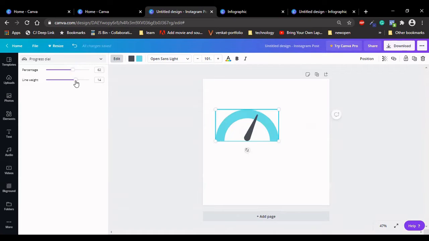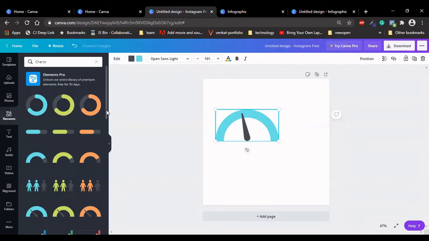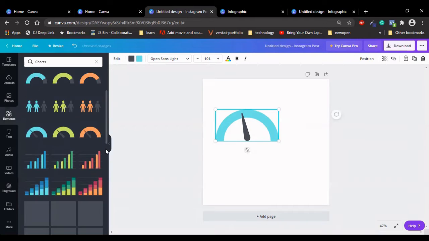You can change the line height and also the percentage. See, you can automatically change the percentage. The dial will move around. Also the line height can be changed here. You also update in the same format. Likewise, you can change other options which are available here.